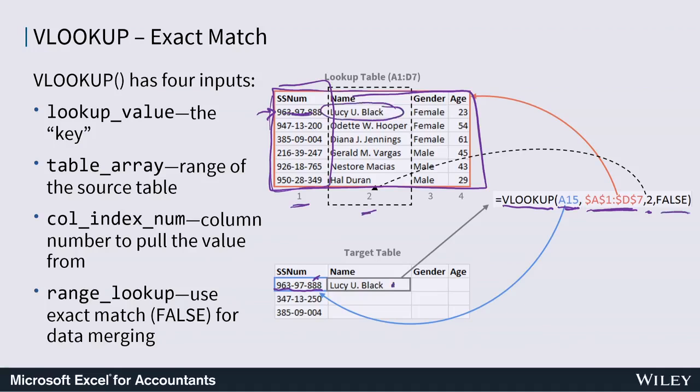The last input of VLOOKUP is either false or true. If it's false, you're saying this social security number has to be an exact match. If it's true, you're saying it has to be approximate, and we'll cover that case in just a minute. But that's how